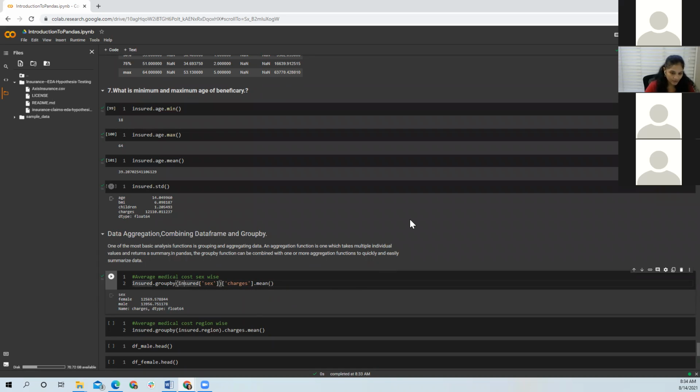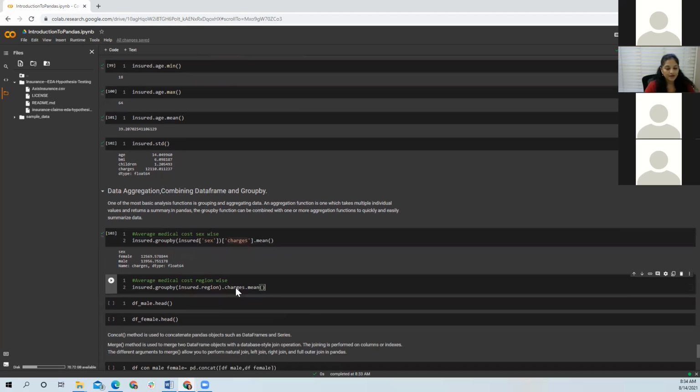So here I am grouping it by sex, and then finding out charges. Behind the scenes, all the observations for female and male are grouped, and then you find out the mean charges.